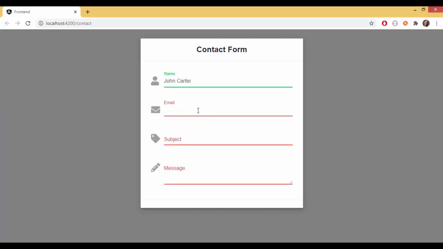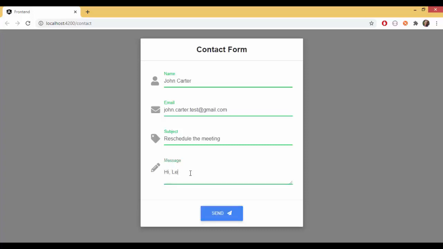And if we set specific data for each of the 4 fields, so name John Carter, a valid email, maybe something more official for the subject, we can go with reschedule the meeting. And as for the message, let's do something like hi. Let's try to reschedule the meeting for next week, and thanks. And now when we click on the send button,